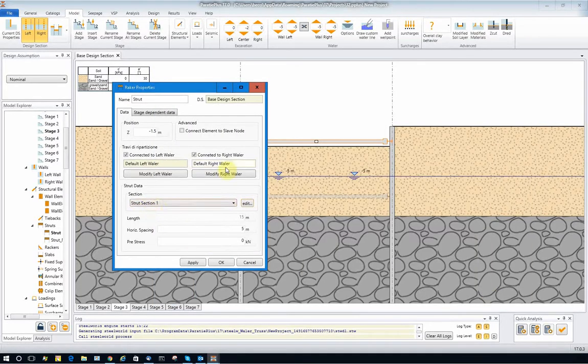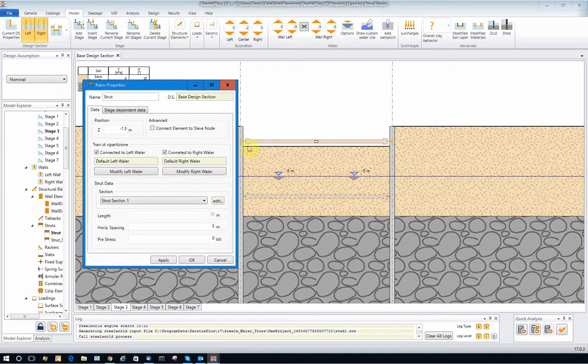In addition to the axial capacity of the strut, we can consider the effect of the so-called whalers. In other words, such a flexural element that is capable of distributing the point load of the struts along all the wall. We can connect a whaler to each wall. In this case, for example,